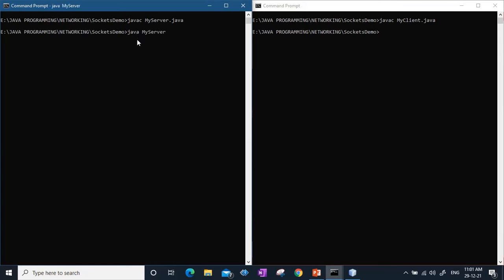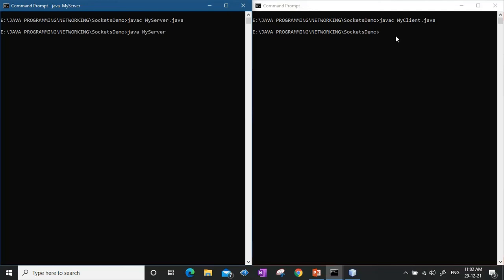Okay, and now this happens. Just see, there's nothing happening. So that means the server socket is now listening. You can see this prompt here. Nothing has been printed. That means the server is now running. Server is up, server is running, and the server socket is now trying to listen for any request.